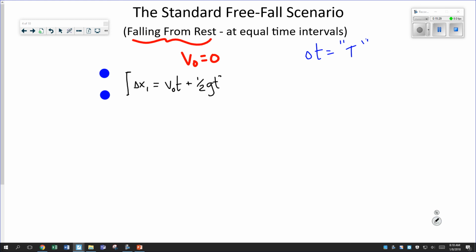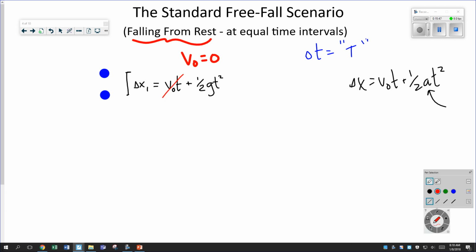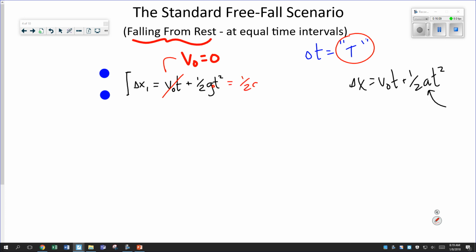Now that comes from, of course, this kinematics equation, v naught t plus 1/2 a t squared. But because this is a free fall situation, I just put in that a is g. Well, we just said that this thing is released from rest, so v naught times t is 0. 0 times t is 0. And that means that my displacement is 1/2 gt squared, where I'm using delta t. This might be a delta t if we want, but we can just write it as little t. So this turns out to be 1/2 gt squared. Now,